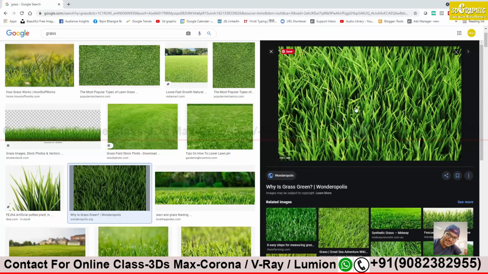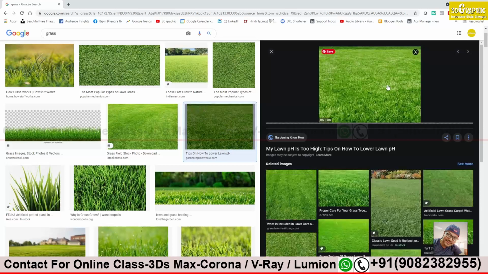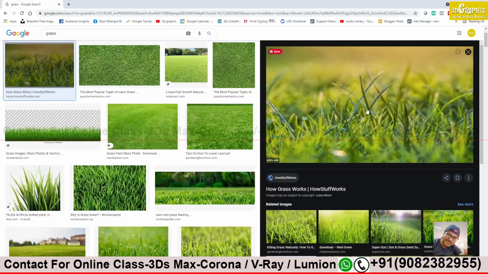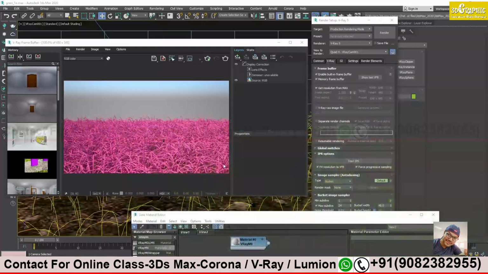This should not be uniform. The grasses would be non-uniform. Some are big, some are small. The color difference is there. The height difference is there. This kind of thing makes grasses look more natural. And of course the size and thickness: some are bigger, some are small, some are thick, some are narrow. This kind of thing. So here they are uniform.